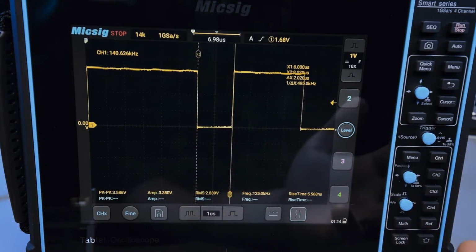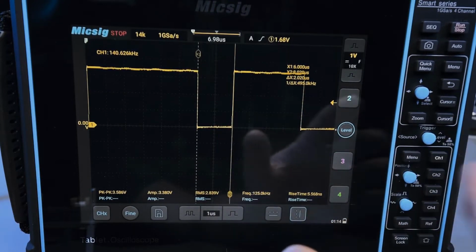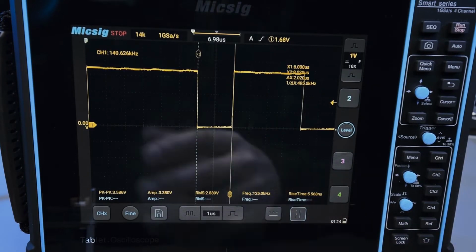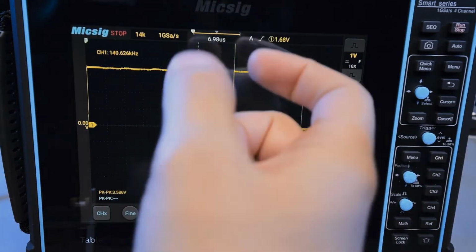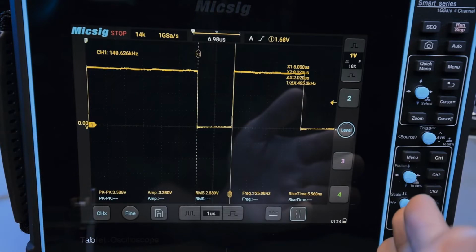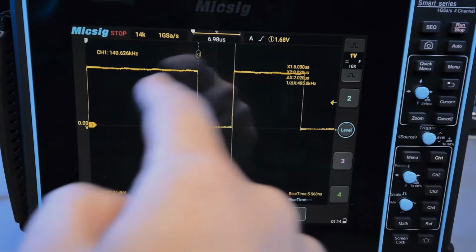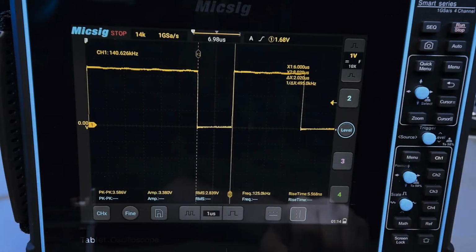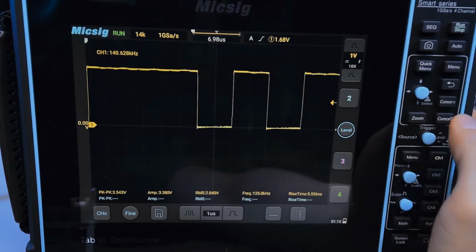And so Mike's Electric Stuff made a video ages ago, I remember, where he offered an autobaud code for his FPGA that he was working on at the time, which would automatically detect the baud rate of the signal and then lock onto it, and that's how you actually would do that. You just measure the shortest pulse, and that's your bit rate. It's because an FPGA can sample way faster than this, obviously, right? You can sample at like 200 megahertz on most FPGAs these days, and you can measure that very easily by sampling multiple times, measuring the actual transition time and getting a pretty accurate baud rate for your waveform. But you can get it like this as well with cursors. So now that we know what the baud rate of this whole thing is, I'll just disable cursors,